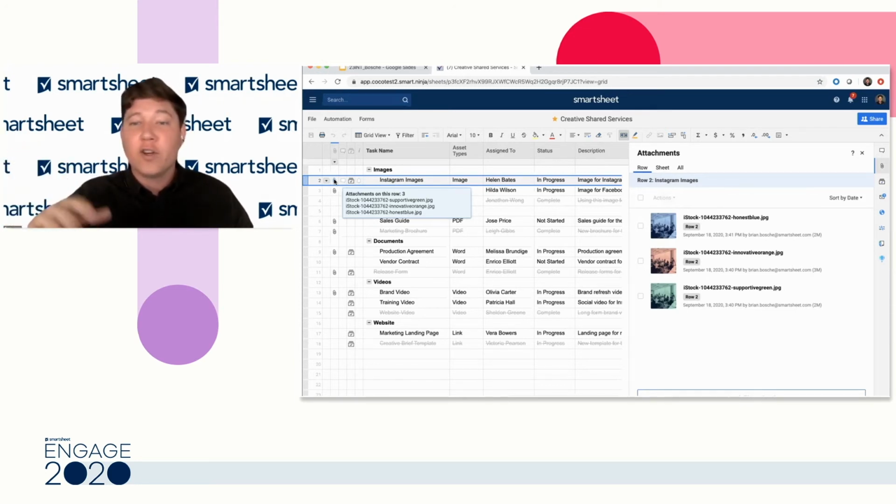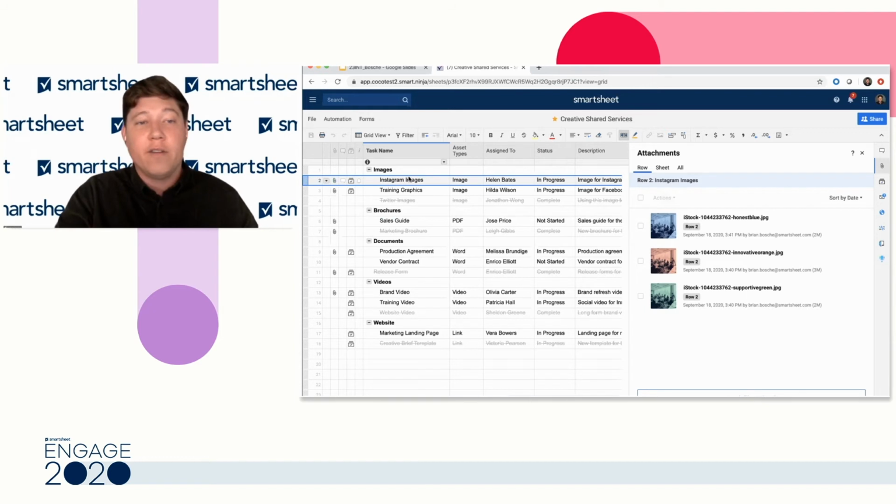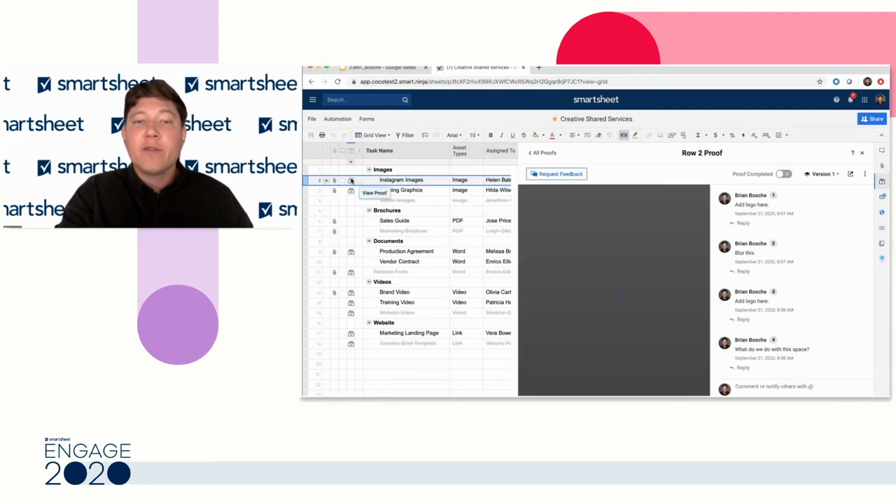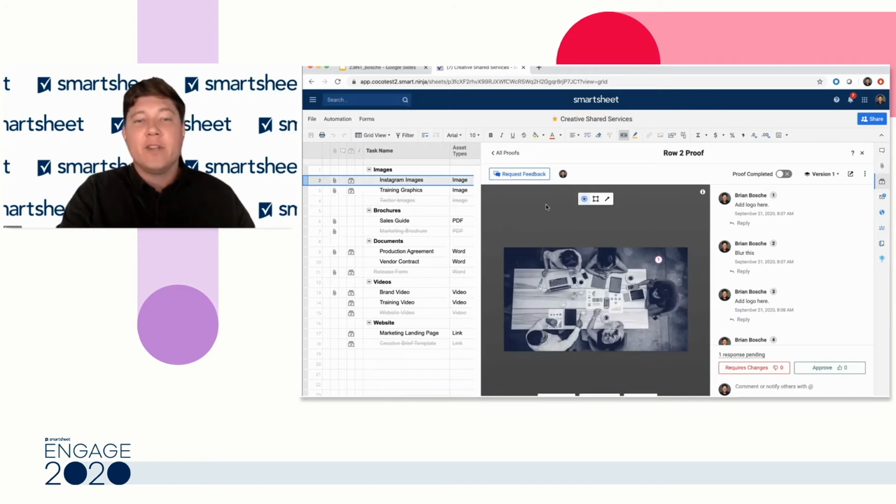They have brands, logos, copy, whatever can be included directly on this row item to make sure that everything is in place before starting. Now, once this designer is assigned something, they need to collaborate across all of their different stakeholders, whether that's the internal team for feedback or the external stakeholders that requested it. That's where Smartsheet proofing comes in. With Smartsheet proofing, you can manage your entire review and approval process across many different types of content. So right here, you've seen that we have already created a proof. A proof is a way to upload an image, a PDF, a document, a video, even links, where you can actually collaborate with your team and manage that review and approval process.